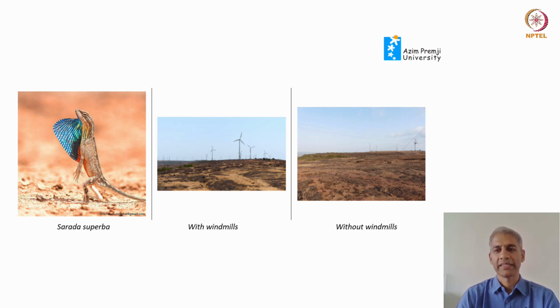And in pretty much every other respect, they were the same, except one had windmills on it. And so you would say that, okay, this is my control area without windmills, and the one with windmills is my experimental site. And now what you would try and do, of course, is conduct your experiment in which you would like to assess or measure the population of predatory birds and the population of their prey.